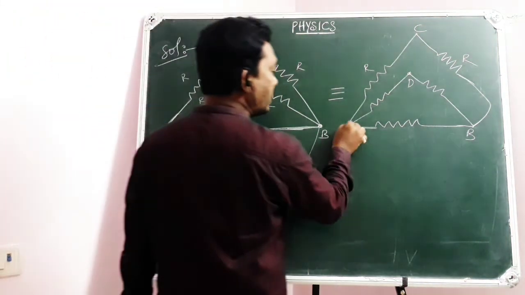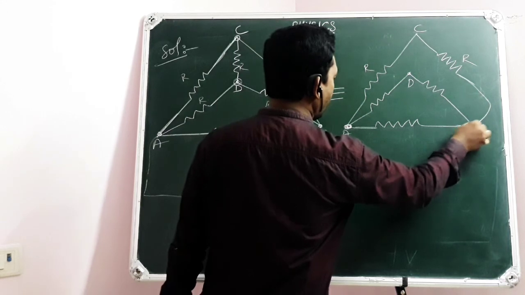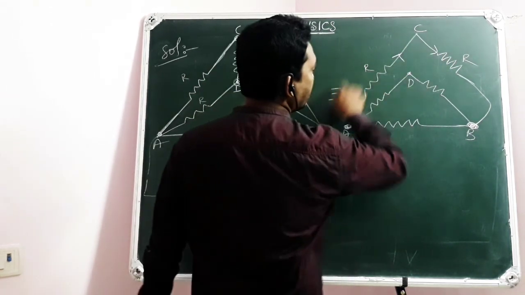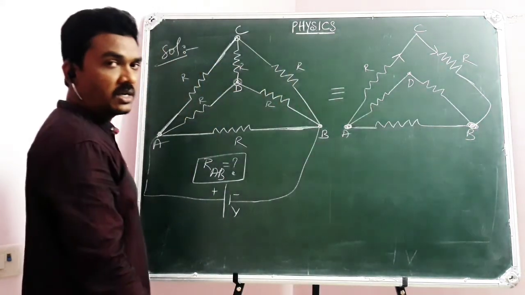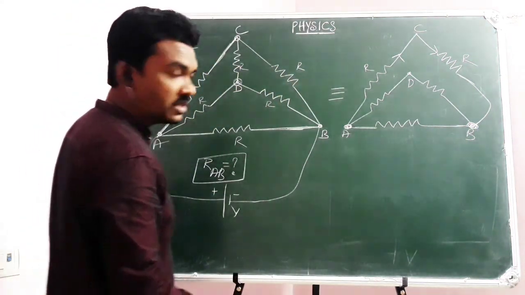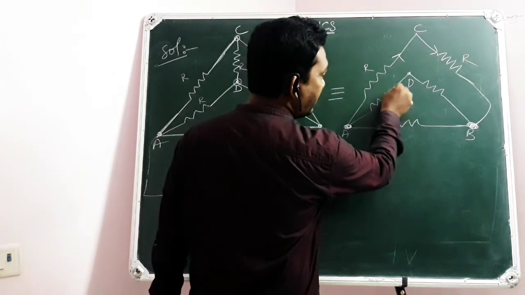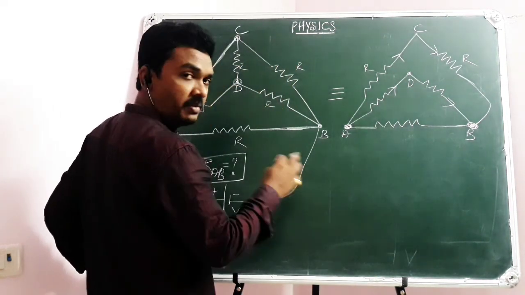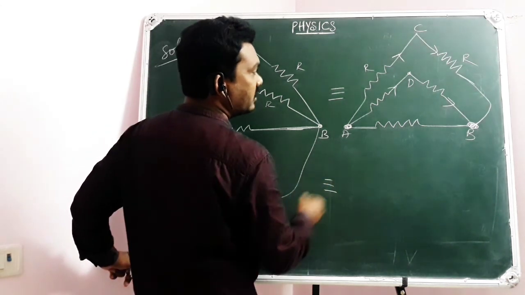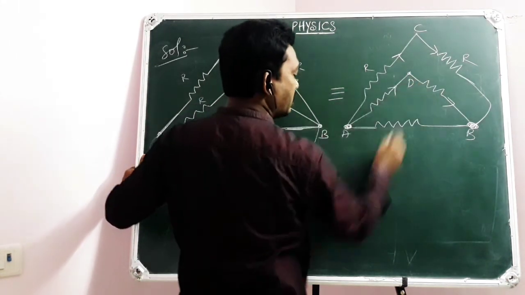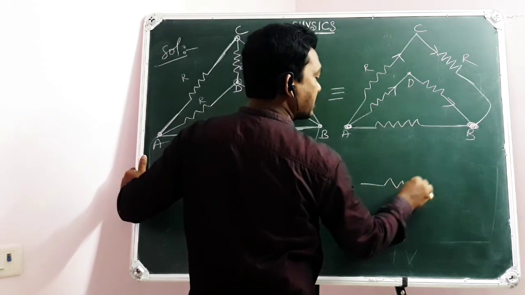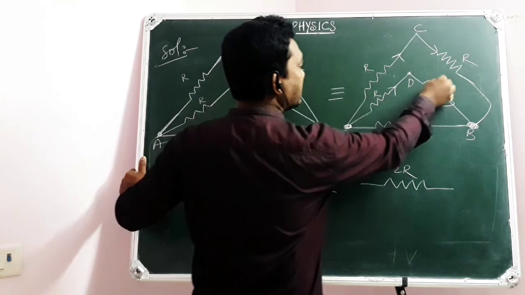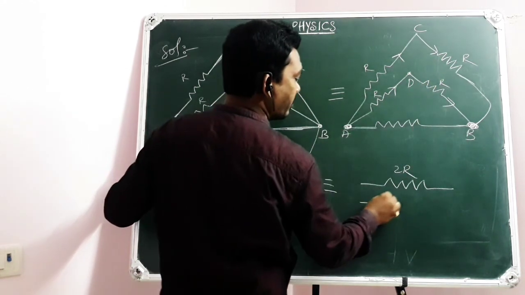Now you are calculating the equivalent resistance across AB. Then in that case, the same current will travel through AC and CB, so they are in series. Again, the same current will travel through AD and DB, so they will be in series. So that can be simplified: these two are in series, which gives R plus R, 2R. These two are in series, R plus R gives 2R again.